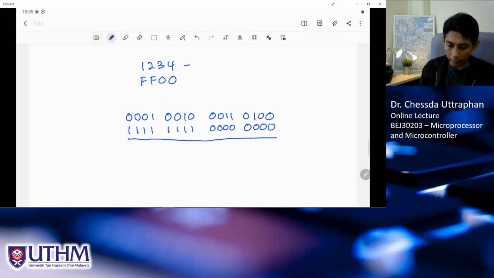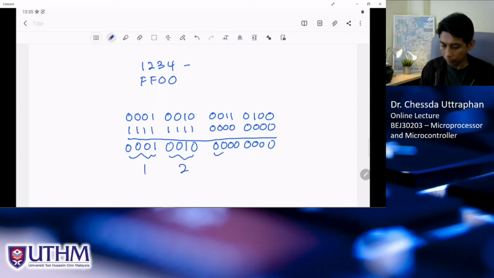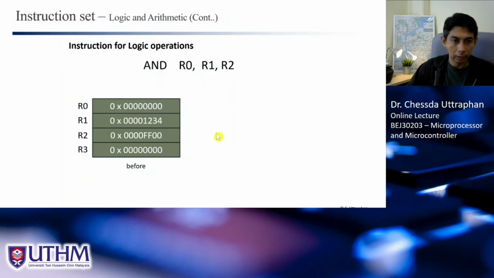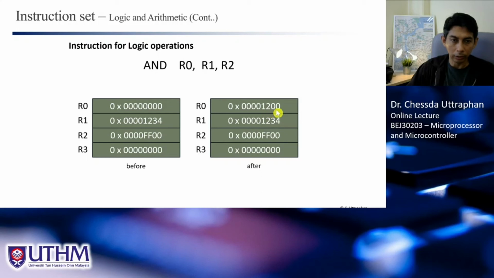So the AND is straightforward. 0 AND with 1, you have 0. Anything AND with 0, you will get 0. 1 AND with 1, you will have 1. 0, 0, 1, 0. And all, because you AND with 0 here, so all will be 0. So what you get here is 1, 2, 0, 0. So 1, 2, 0, 0 in the end, right? So you will get 1, 2, 0, 0 in this,